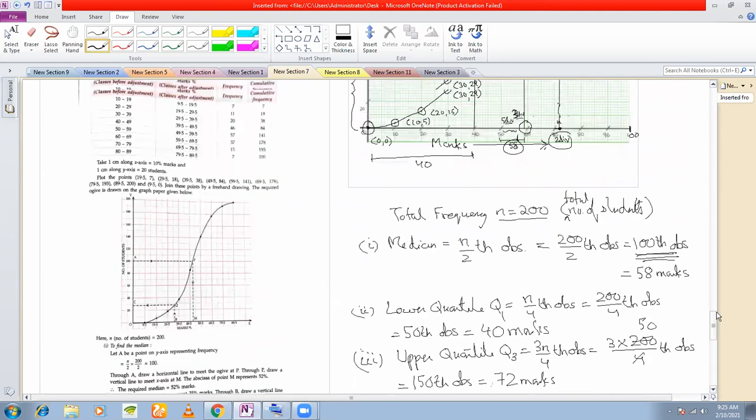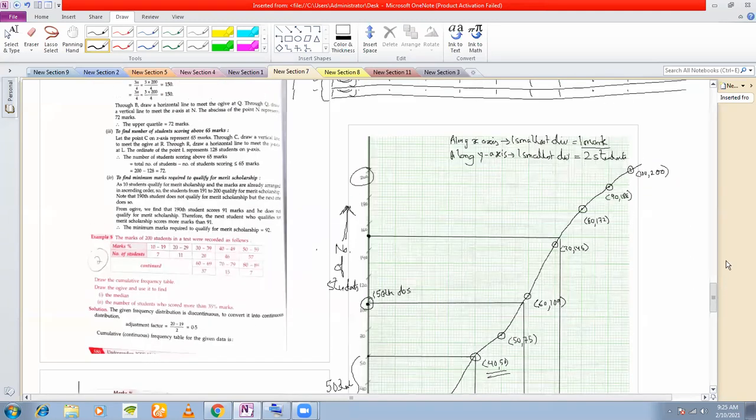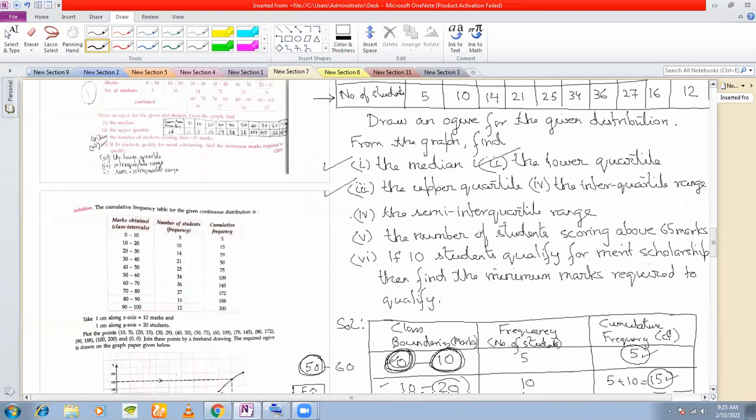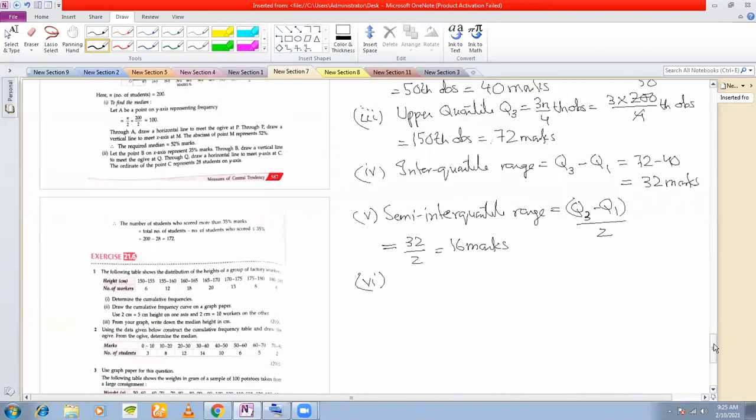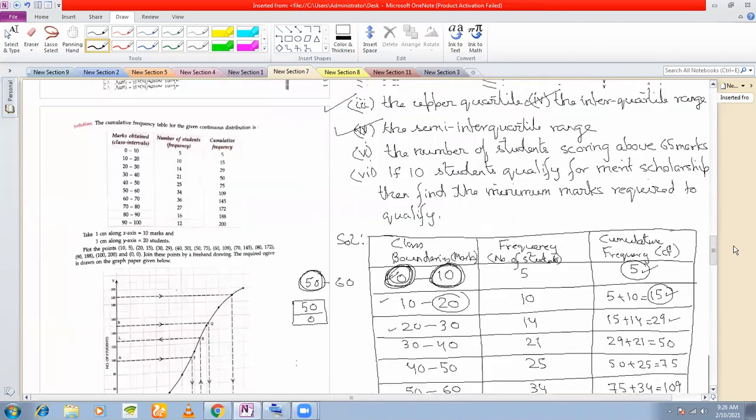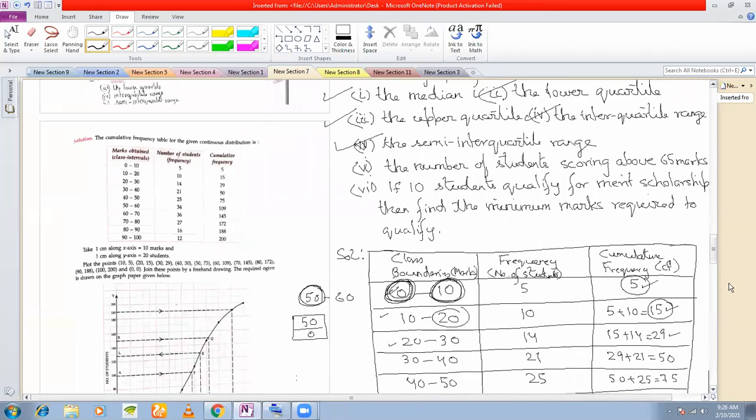And the sixth question, a crucial question. You need to understand this question. So this is done. Fourth one is done, and the fifth one is also done. This is number 6 and this is number 7. Number 6, actually. We write number 6 here. If you read question number 6, it said number of students scoring above 65 marks. Here we are required to find out the number of students corresponding to 65 marks who are getting above 65 marks.